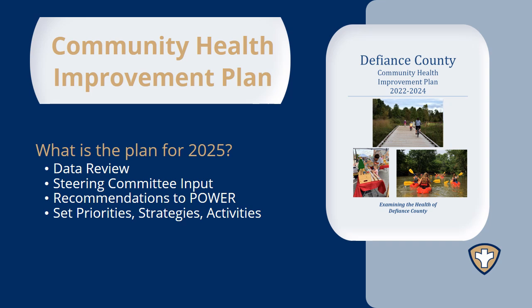In this MAP cycle, we have put a lot of effort into developing a steering committee. We have focus areas that are represented through that steering committee, some from our healthcare or hospital sector, as well as the mental health and addiction services priority, which was a previous priority from the last community health improvement plan. And then we do have community members that are represented on that steering committee as well. The steering committee will review the data, help to identify common themes, and then make several recommendations to Defiance County. All of this will then be used to set priorities, strategies, and activities for the next community health improvement plan.